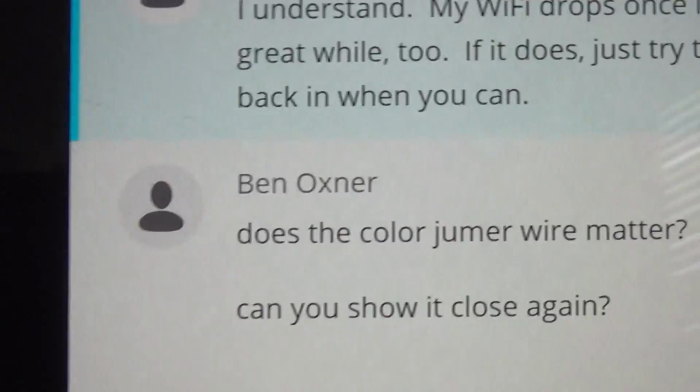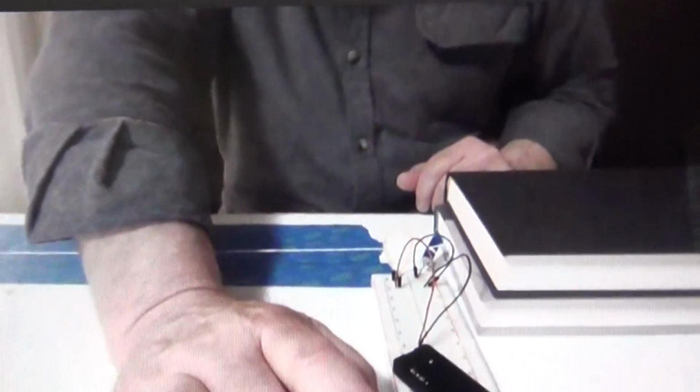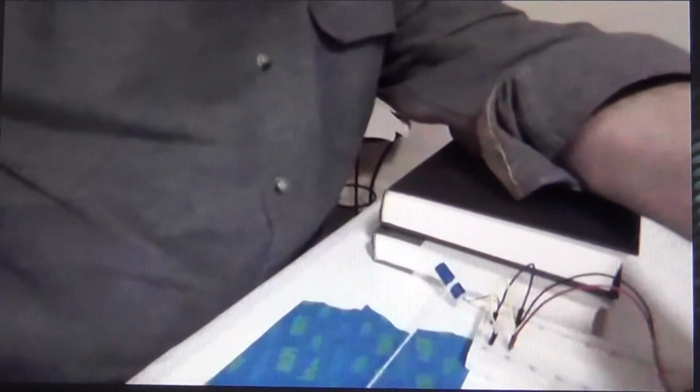And it might take a couple of times to make sure you have a good connection. Let's see. I don't think I can show it close because I've got this huge breadboard here. It's kind of hard to get my webcam around there. Maybe you can zoom, but